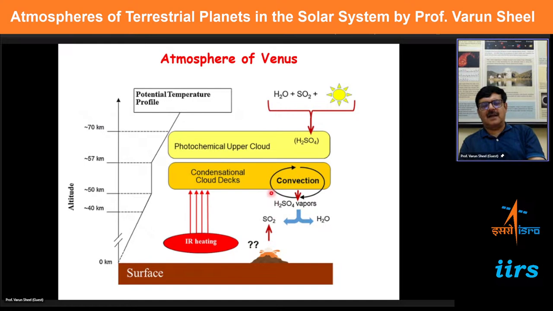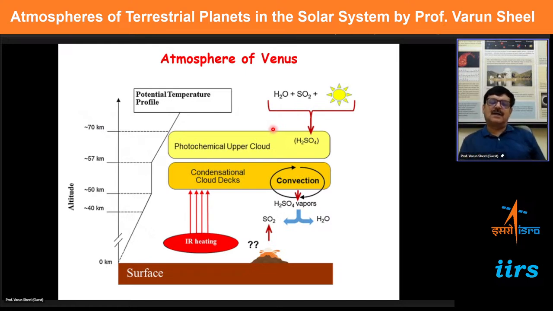And there are lots of questions related to this cloud layer: what is the composition, and in different layers, what is the composition? You have an upper cloud and a lower cloud, and it is made up of predominantly sulfuric acid droplets or aerosols, I will say. And these sulfuric acid aerosols can lead to phenomena, even phenomena like lightning.